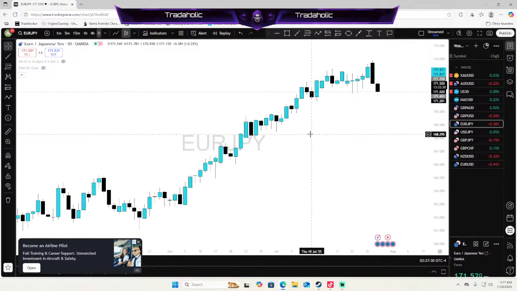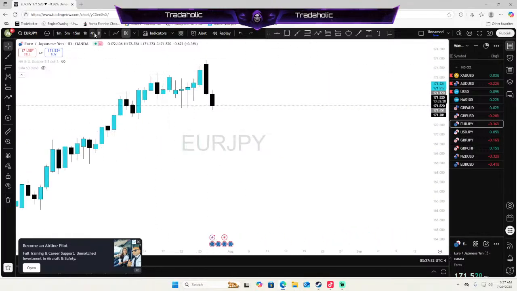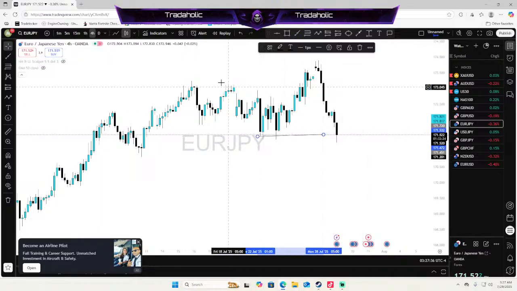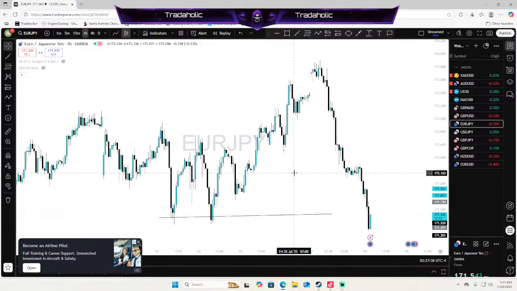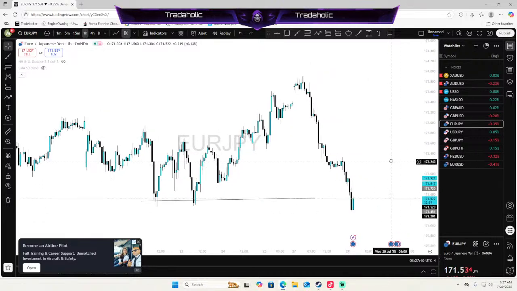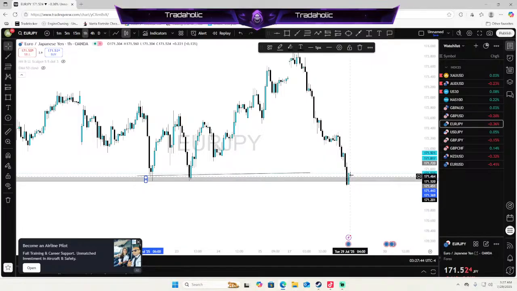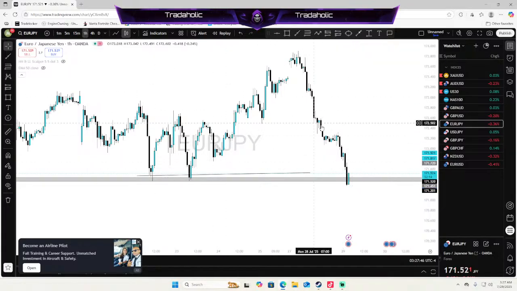Looking at the daily time frame on EJ, overall bullish. Look at a 4 hour time frame. Our 4 hour time frame is going bearish as we take out these lows down here. Let's look at a 1 hour time frame, bearish as well, aggressively bearish. We had a fake out right over here as we broke below these equal lows. Price closed below.